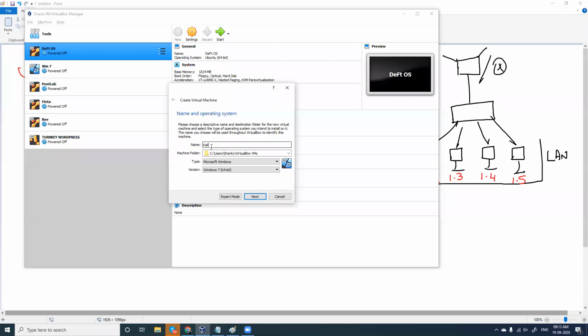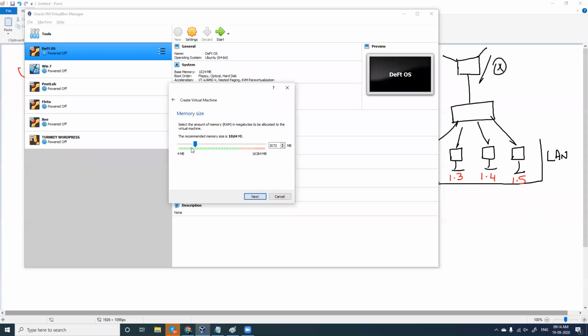I'll give it the name Kali Linux, and the type is Linux, and you can go for Ubuntu, and mine is 64-bit. So it is Ubuntu 64-bit, type is Linux, then next. Now I have the option to choose my RAM. I told you I have 16 GB of RAM. The green shades here indicate that you can choose up to that much, but I won't go for that much. I'll go for 3 gigs of RAM.